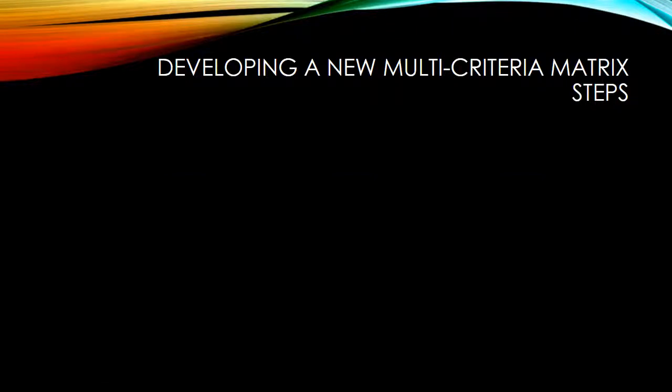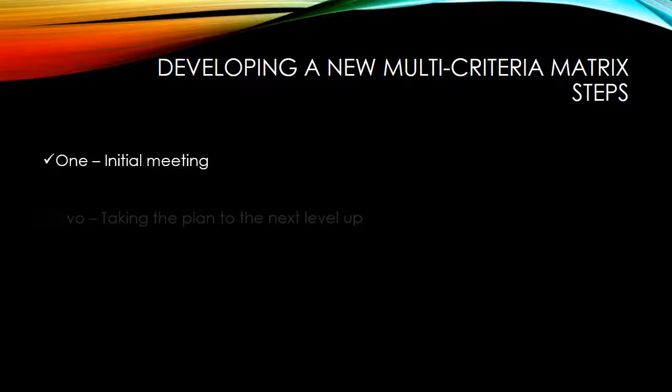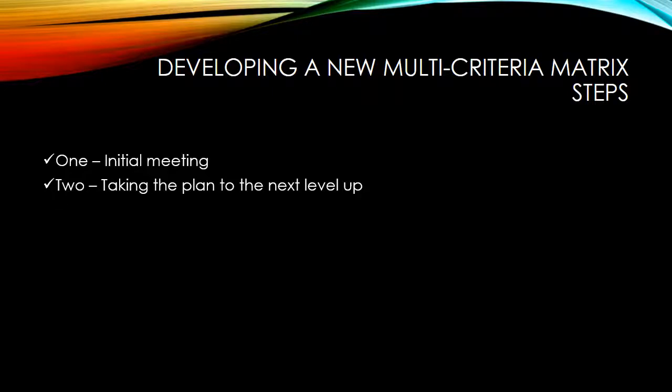So these would be the steps that I would propose in developing this process. Number 1, we're going to have an initial meeting. That meeting would be between myself, the gifted administrator, the director of gifted, and the superintendent. And that would just be to show them what I have learned and then to propose that we need to have a new matrix. At that point, the director of gifted and the superintendent would need to go to the director of special ed and arrange with her